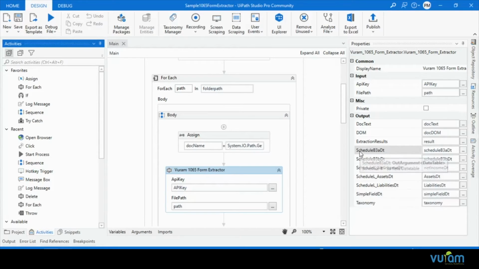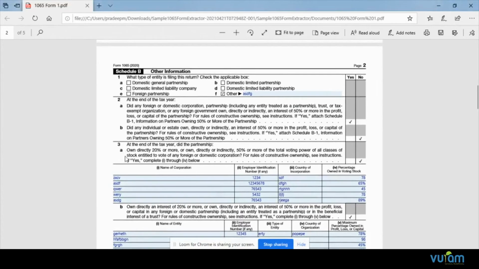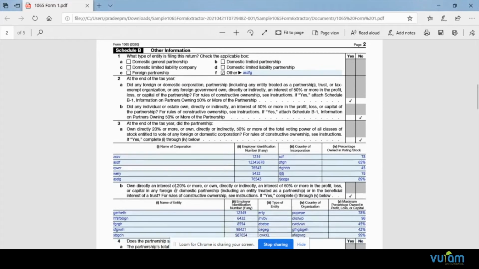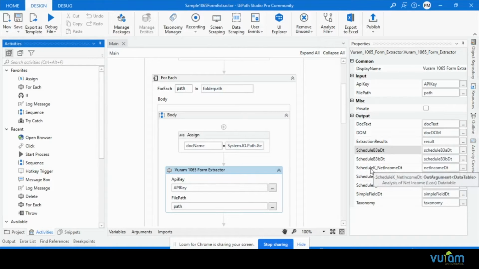For example, Schedule P 3A DT will store this table which is under Schedule P 3A, and Schedule B 3 DT will store this table which is under Schedule B 3B. Similarly, each of these data tables will store different tables inside the document, and all the rest of the fields will be stored in the simple field data table.